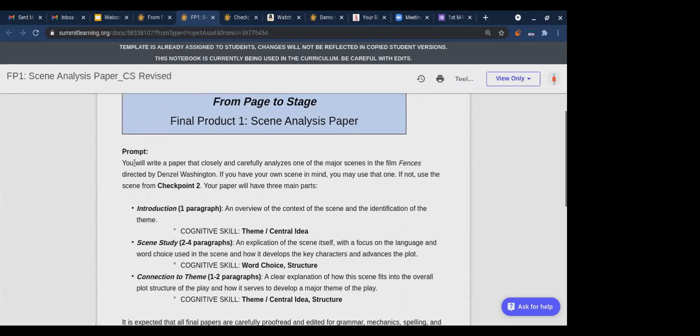So the prompt says you will write a paper that closely and carefully analyzes one of the major scenes in the film Fences, directed by Denzel Washington. If you have your own scene in mind, you may use that one. If not, use the scene from Checkpoint 2. All right. Your paper will have three main parts. So before we get into